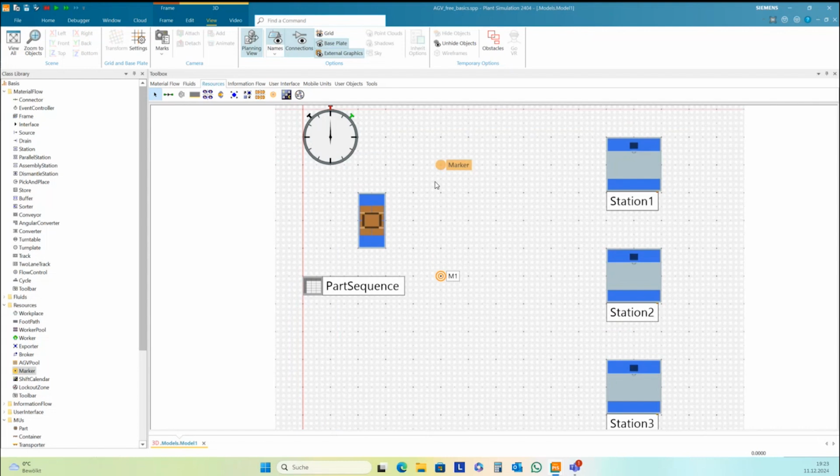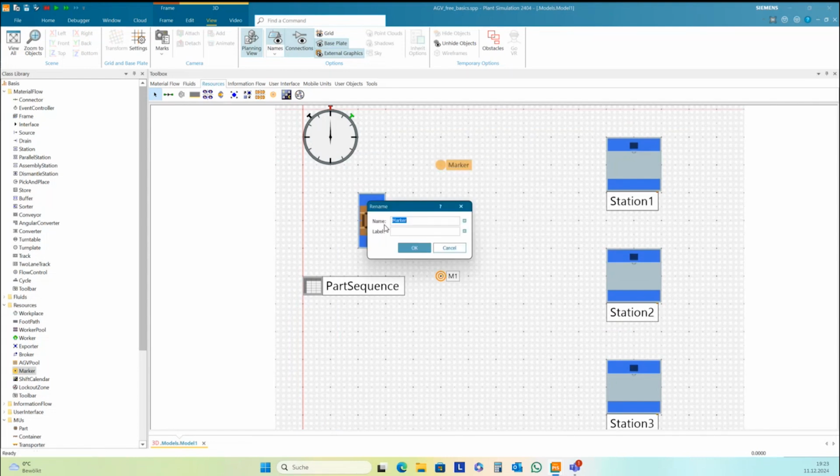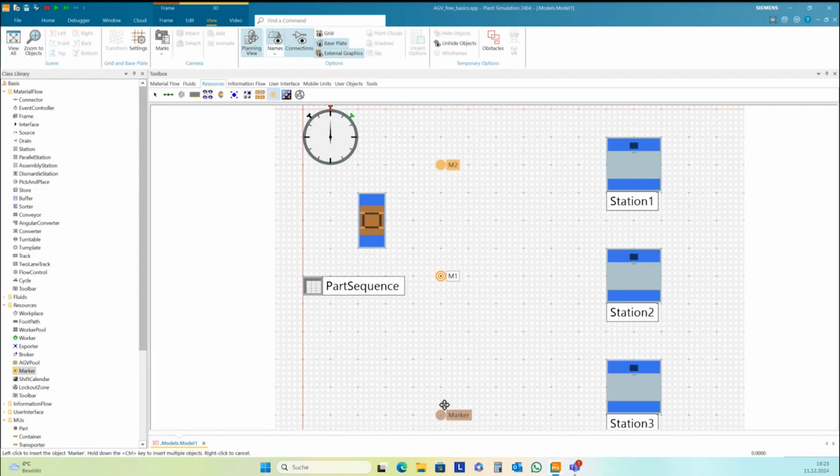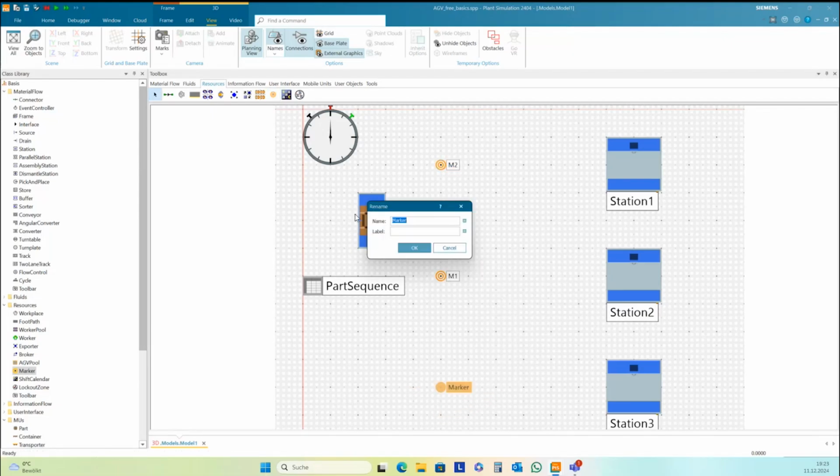This is easier in the planning view. M2. M3.